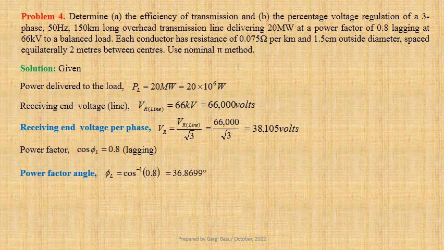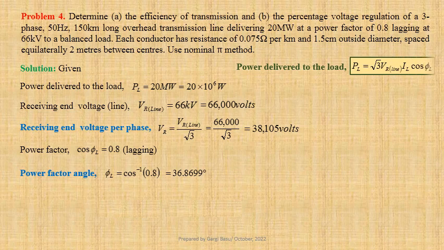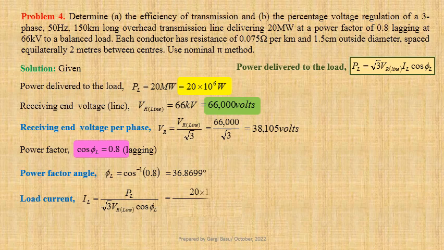We know that power delivered to the load PL equals root 3 times VR line into IL cos phi L. Therefore, load current IL equals PL divided by root 3 times VR line into cos phi L. Using values we get 20 into 10 to the power 6 divided by root 3 into 66,000 into 0.8, that gives us